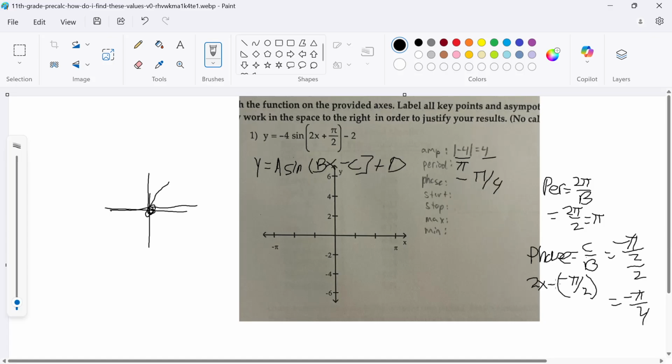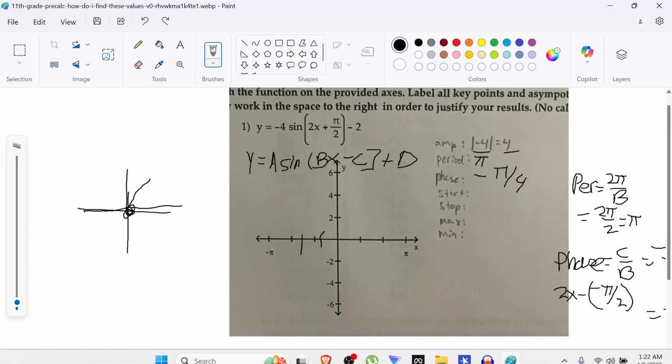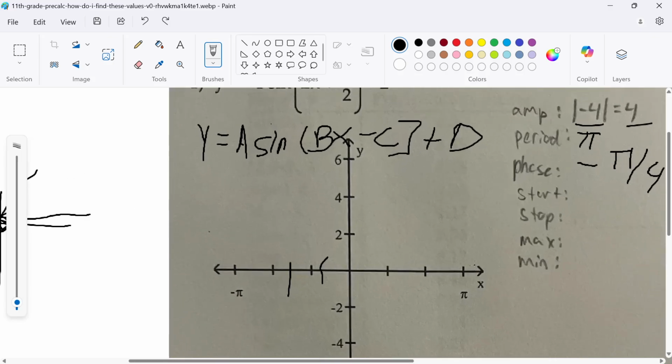That means it's going to start at negative pi over 4. Here's negative pi over 2. Here's negative pi over 4. That's where it's going to start, at negative pi over 4. I'll try to draw that neater. Maybe I'll zoom in bigger to try to draw that neater. I'll put it up here, negative pi over 4. And that's where it's going to start,